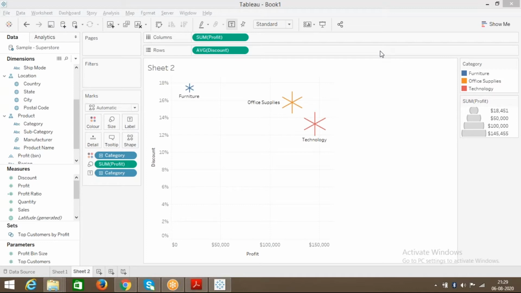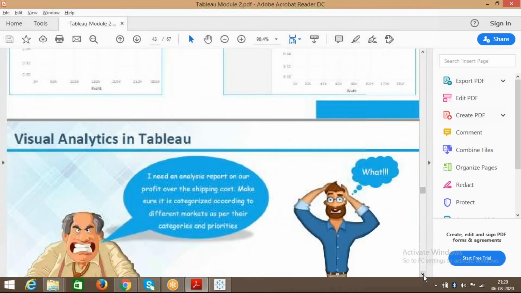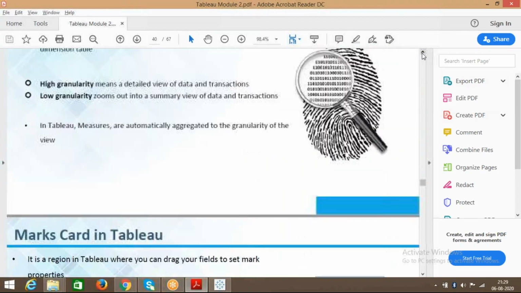Thank you. And here, maybe you can just type over the chat in case you want to discuss anything, maybe if you have any doubts. Now, the next thing is, we understood tooltip, we understood color, size, all those things. Detail is something like we want to give more detail. For example, now in this case, let me go down. This is the visual analytics.